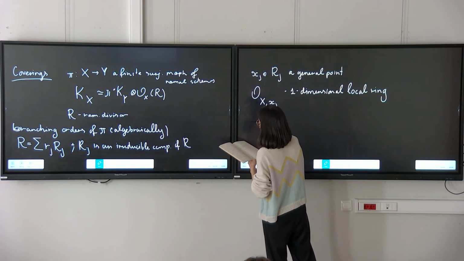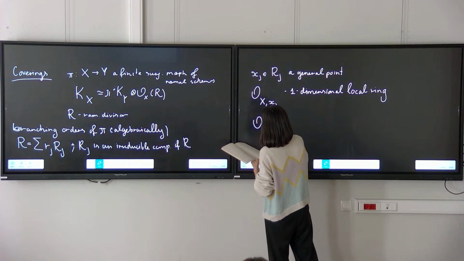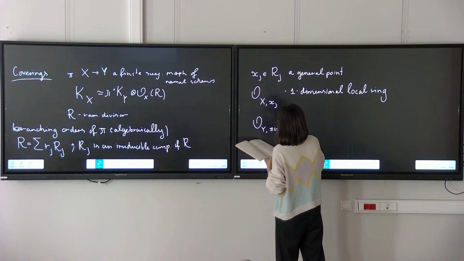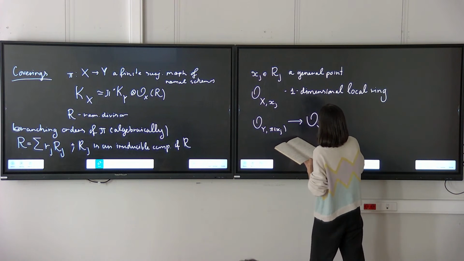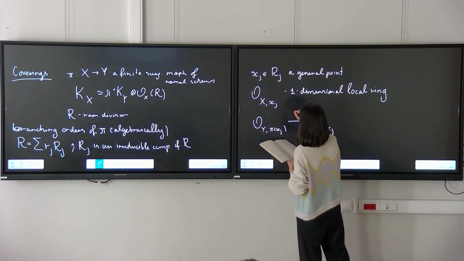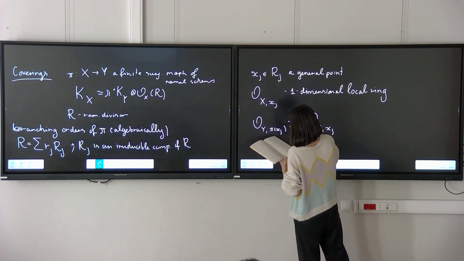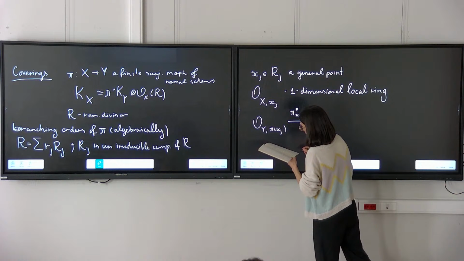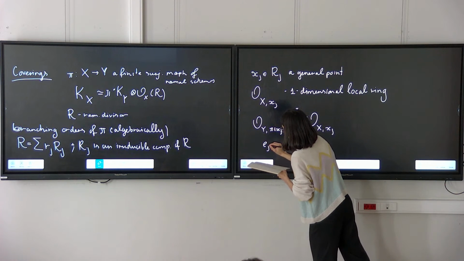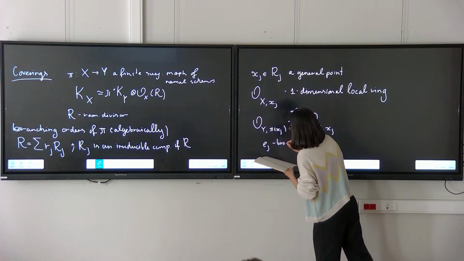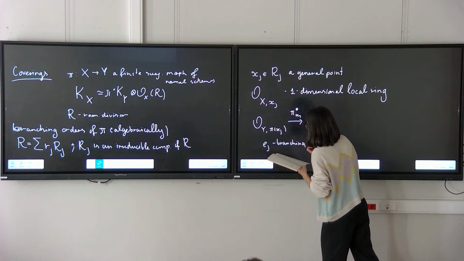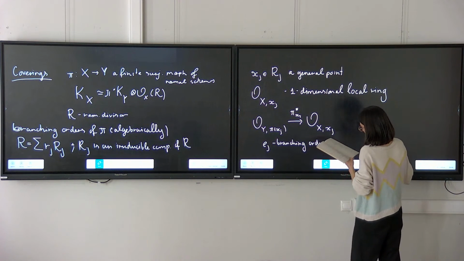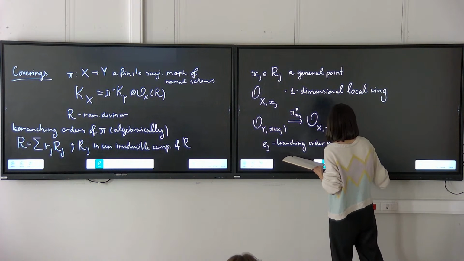Our morphism pi gives us a morphism of local rings, and then we will define the branching order e_j in x_j